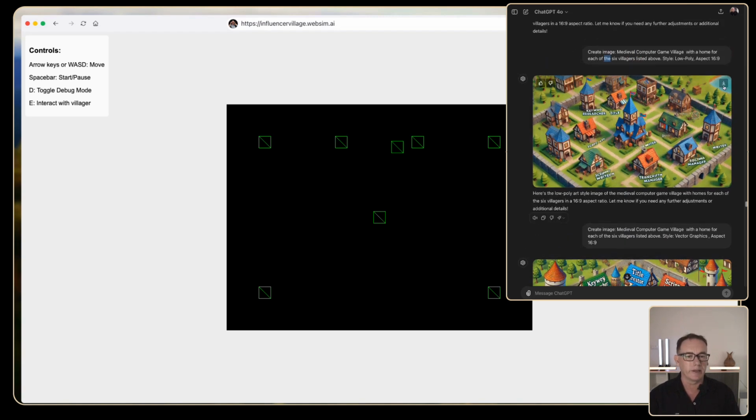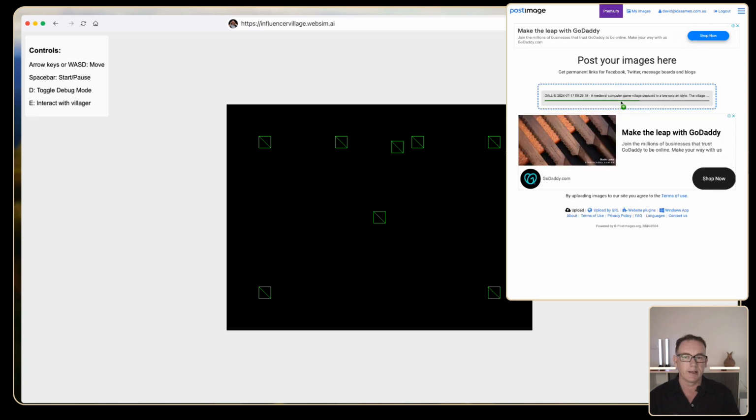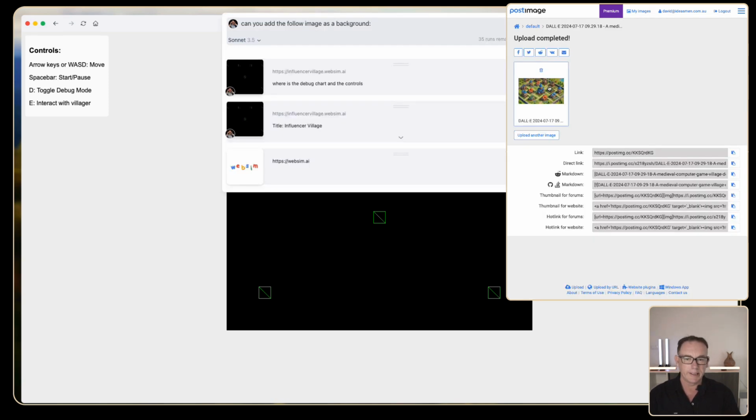So I'm just going to click download on that. To keep the hosting simple, I'm just going to drag it into this product called Post Image. What that'll do is upload the image and make it available as a public URL. We should be able to use that from our application. But here's the image, and we'll go and click on the direct link and head over to here where I've